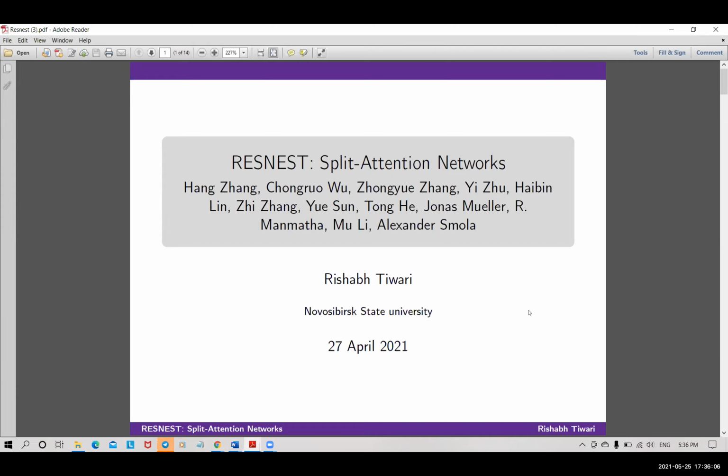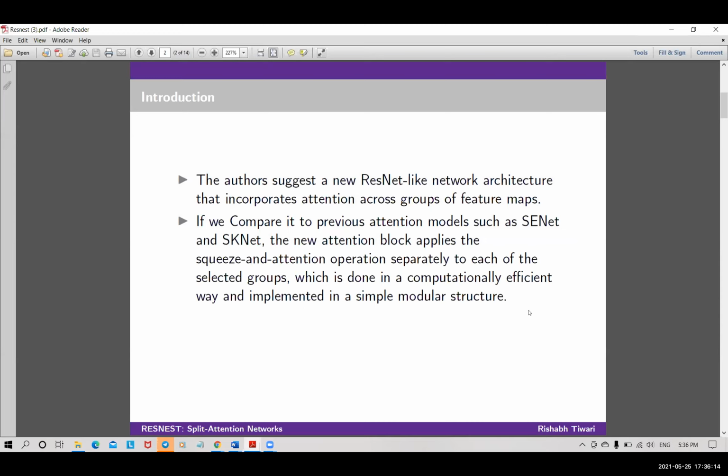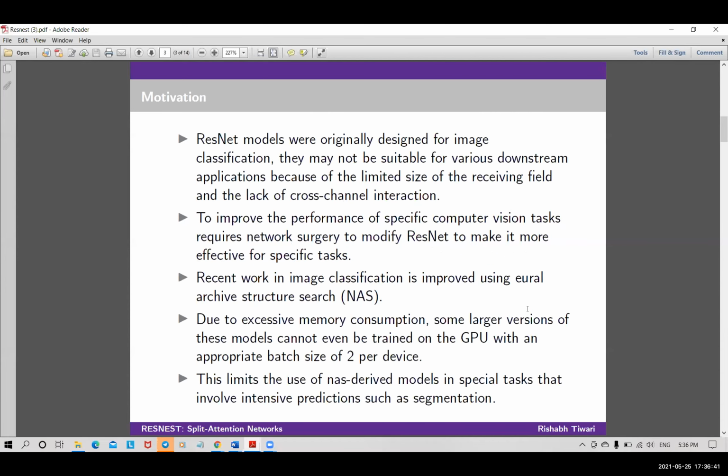So the topic of my paper was ResNeSt, also called the split attention network. So I will introduce this. In this paper, the authors suggested a new ResNet-like architecture that incorporates attention across the feature map. Compared to previous attention models such as SCNet or SKNet, the new attention block applies the squeeze and attention operations separately to each of the selected groups, which is done in a computationally efficient way and implemented in a simpler modular structure. So the motivation behind this paper is that ResNet models are originally designed for image classification,